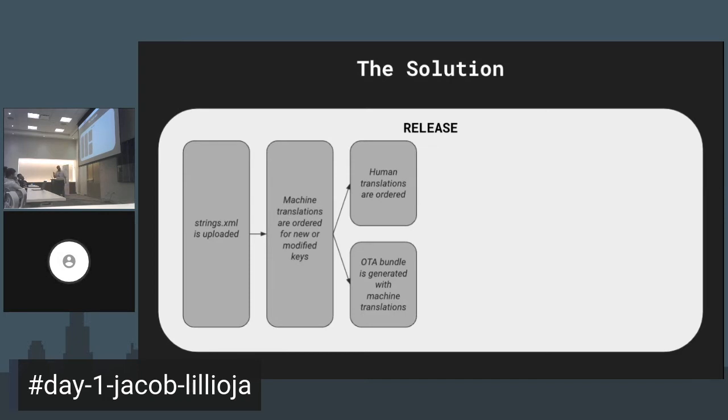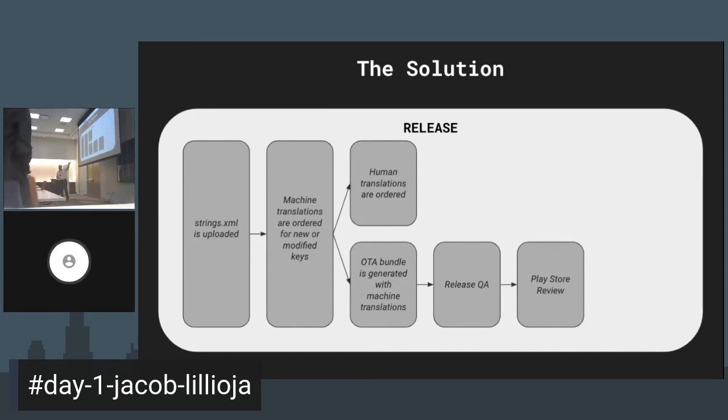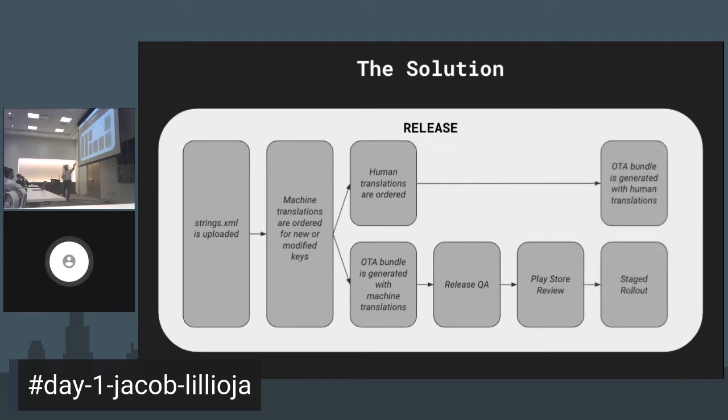And that means that the rest of the release processes can proceed with those machine translations, including release QA, who are usually not checking for accuracy of translations, but more things like, does this text overflow this box, or something like that, which is perfectly fine to do with machine translation. And we even submit to the Play Store, which can take a couple of days, or it could be over a week, depending on what the season is. All of which time, the human translation can be in progress. And as I said, that can still take 5 to 10 days, but at least